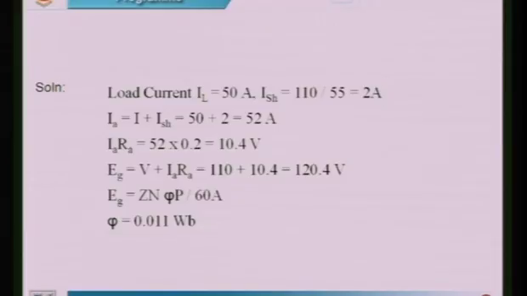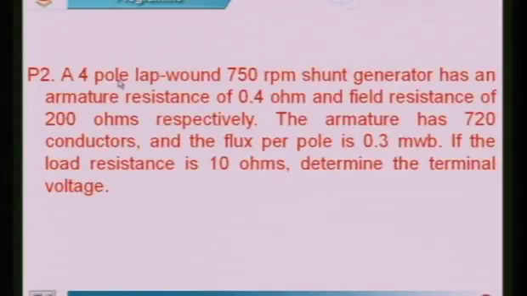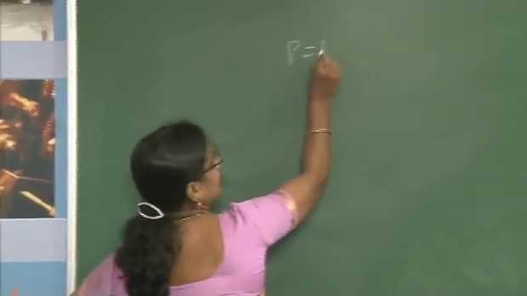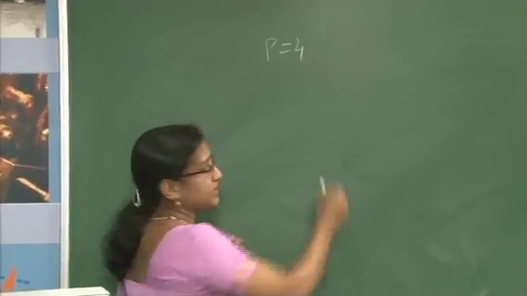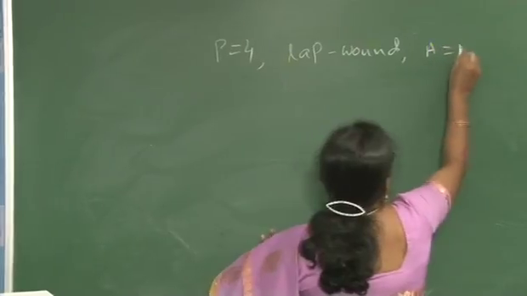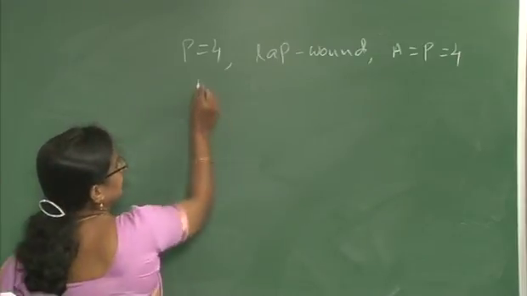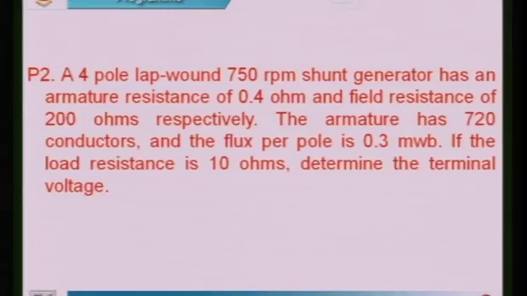So, now we will come to the next problem. In this, a 4 pole, P is equal to 4, and then it is lap wound. Since it is lap wound, A is equal to P, that is equal to 4, and then the revolutions per minute, the speed is 750 rpm,